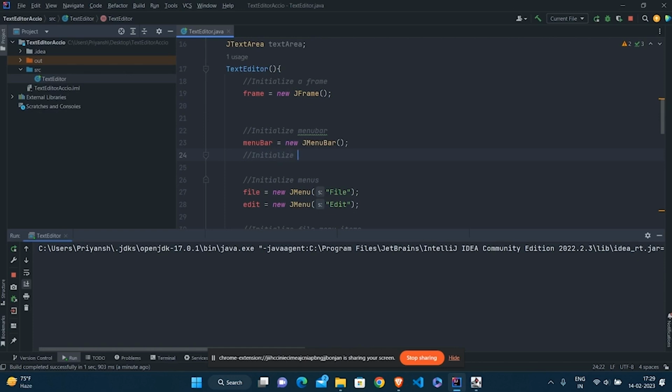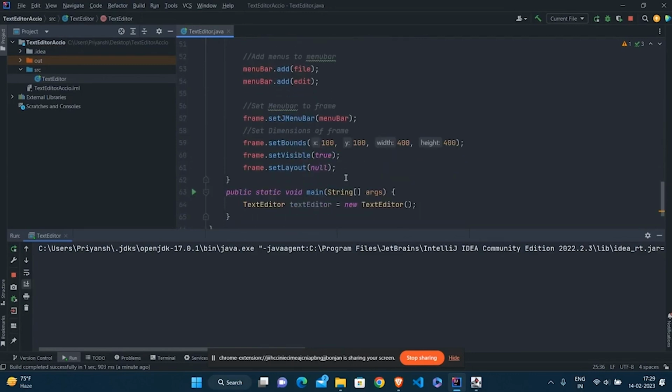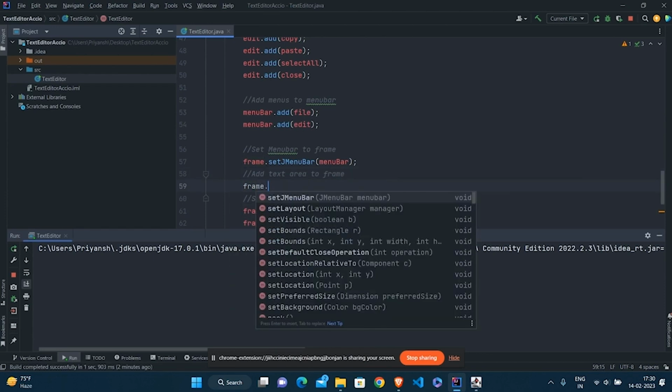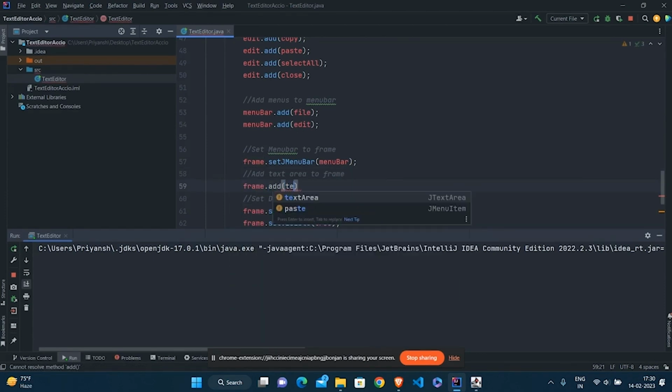Initialize text area: textArea equals new JTextArea. This text area has to be added to the frame. When we added the menu bar, we had to add the text area directly to the frame. Frame.add(textArea).